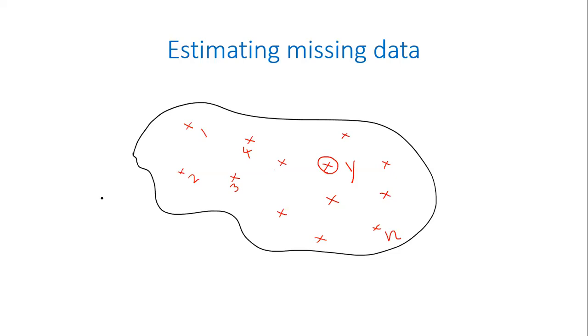Yes, sir. So that's all it is. I know what happened in all these other n locations around me. I'm going to try to use that information to find out what happened at my location, or to estimate. It is only an estimate. It is not reality. It is an estimate of what might have happened at my location. So that is how you estimate missing data for this particular location.